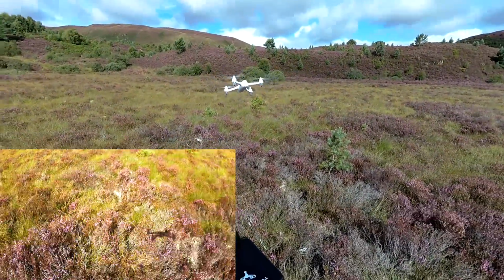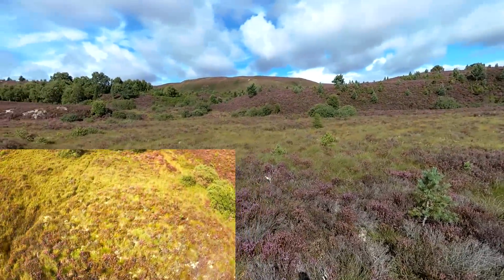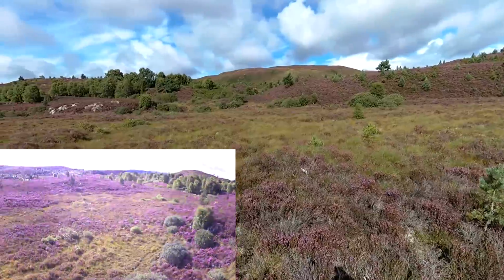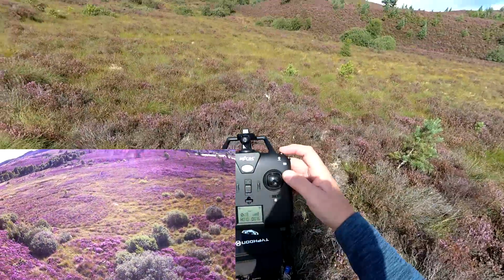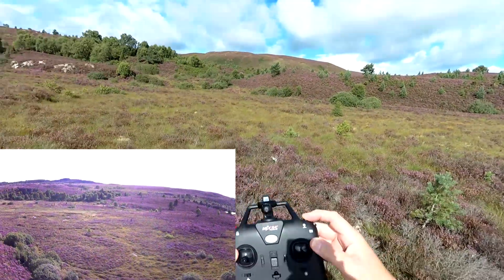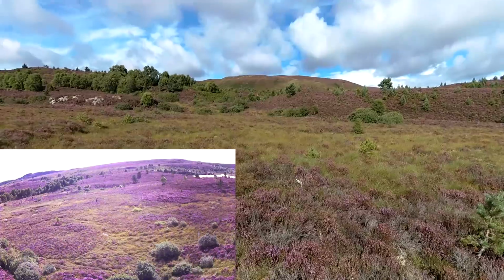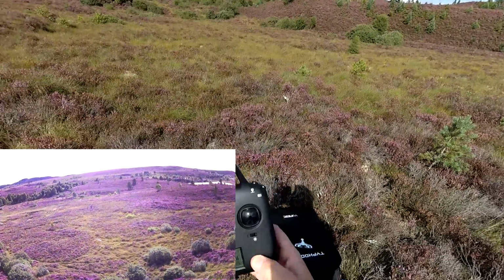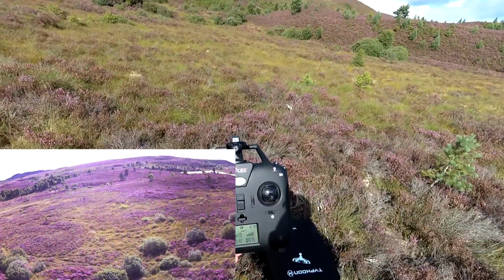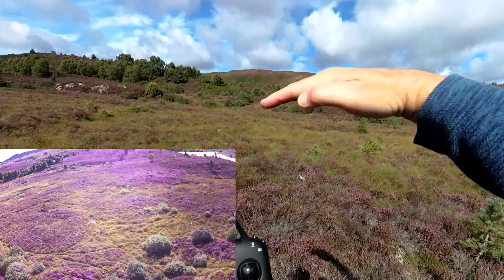Okay, you've got a return to home on this one because of the GPS and everything. Let's just pop it right over there. I'll turn it around and face it towards me. And then we've got the home button here. There we go. And in a few seconds it will pump up. Oops, I turned it off. There we go. It's ascending, and as you can see,